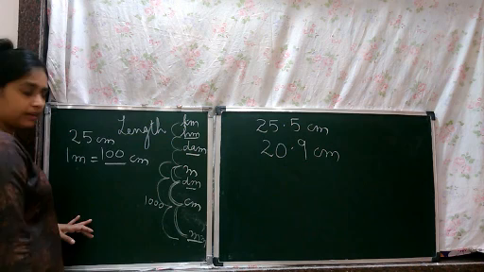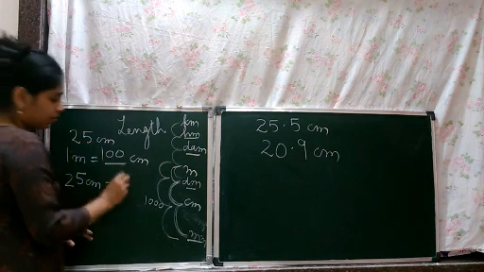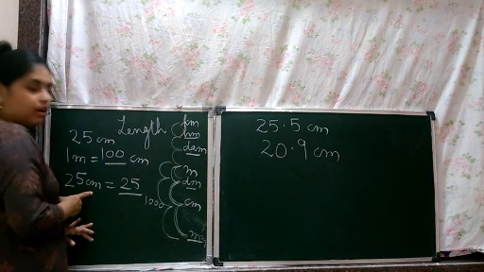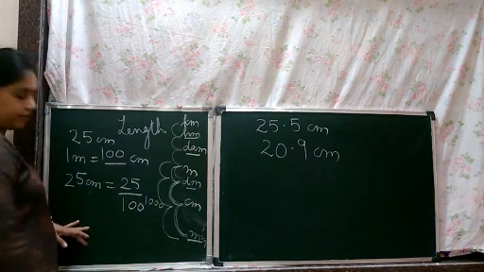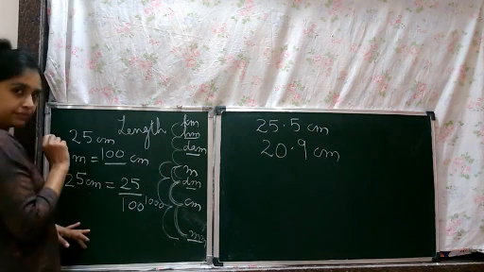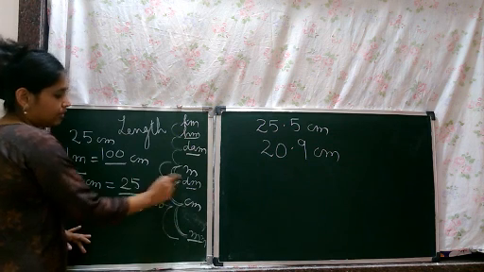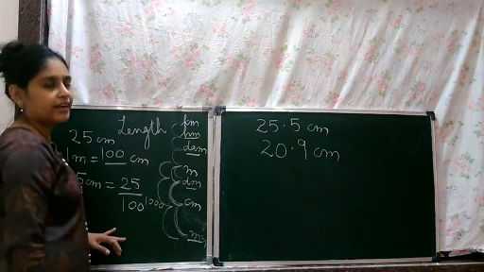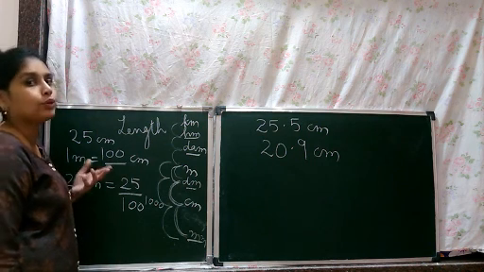Correct? Now again, 25 centimeter has to be converted into meters. Just like the rupees and paise one, whenever the smaller unit is getting converted into a bigger unit, we divide. We divide by 10, 100 or 1000 depending on this table. If it is kilometer and meter, the difference becomes 3. If it is millimeter and meter, again the difference is 3, so 3 zeros will come. We have done this many times. I hope you remember it.